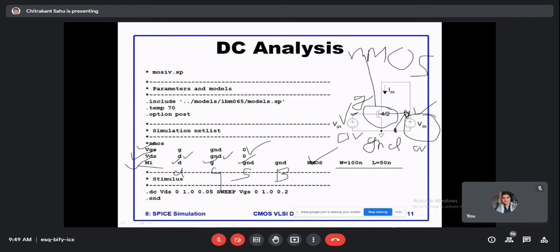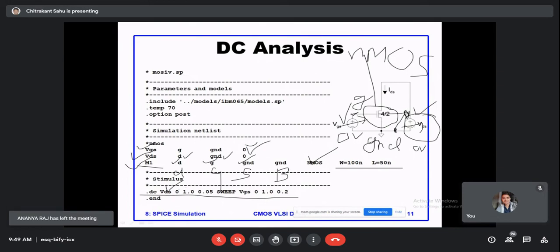Then you need to ramp the voltage, because DC analysis is only possible when we have multiple voltages. Initially we defined the voltage as 0, and if the voltage is 0 the MOSFET will not operate. So we make it variable. Ramping the voltage means making the voltage variable, both VGS and VDS. This is given by the .DC statement, and we are going to make the IV output characteristics of a MOSFET.